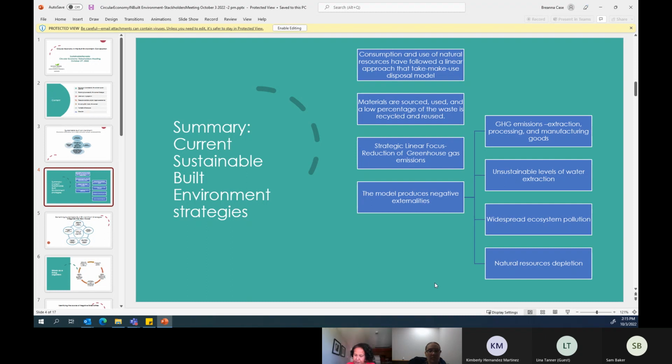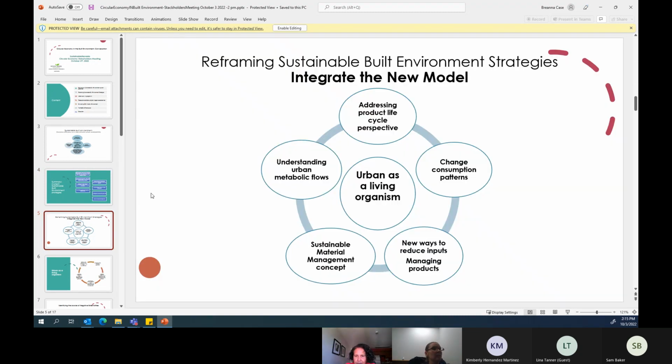So can you go to the next one? When we reframe the sustainable built environment strategy, it doesn't mean that we abandon what we have done on energy efficiency, but we add understanding the urban as a living organism.